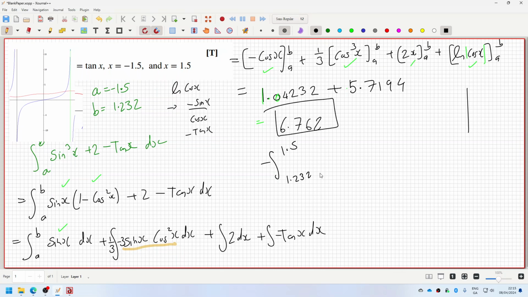So if you just repeat but put in the different values and multiply by minus, let's see what we get. So 1.5 and multiply by minus, so that's 5.7194 minus, and then 1.232,